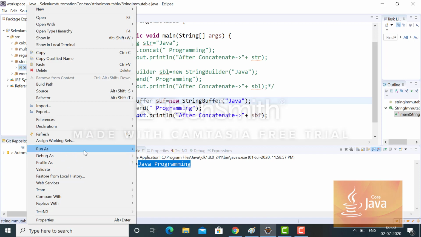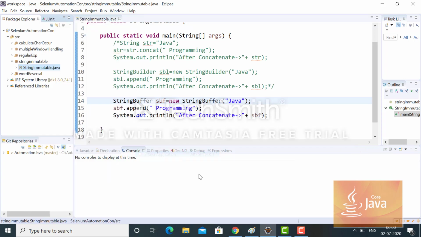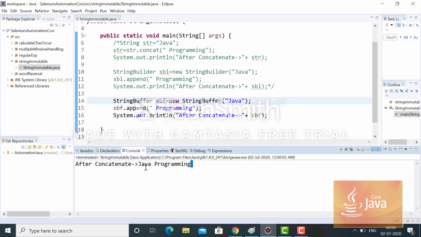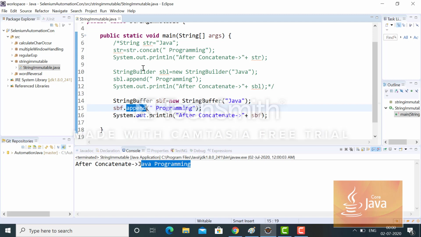Let me see how it is mutable. Yeah, I'm getting the expected value. So that means StringBuffer and StringBuilder are both mutable. Whenever we try to modify the original value, the original object will be modified.